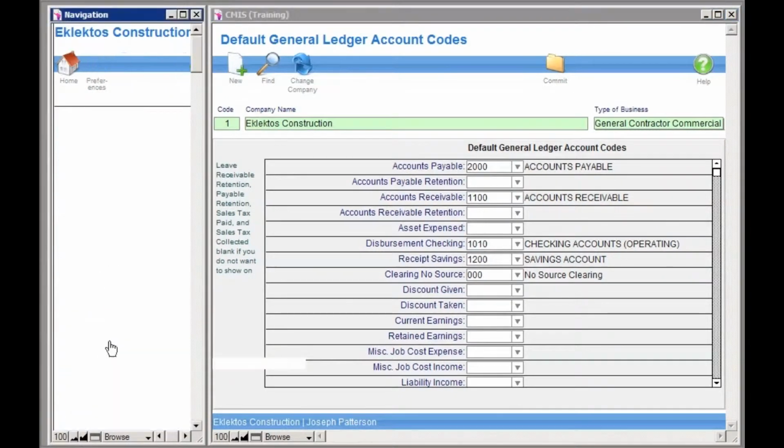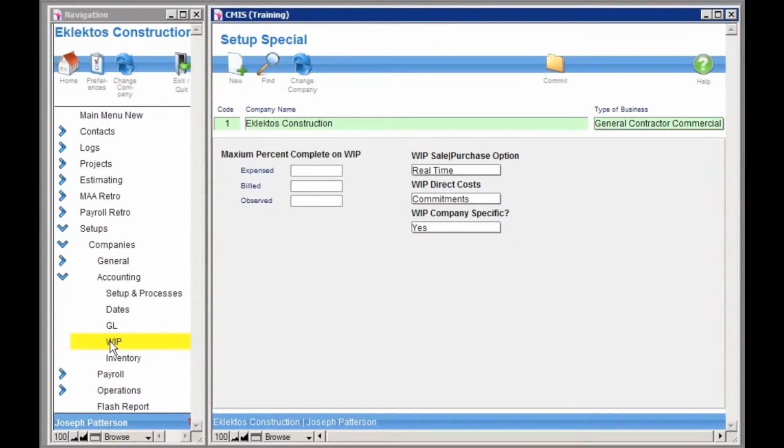Okay. The next thing is our WIP, and if you notice, we had WIP up in the general under projects. We actually had just these three areas here under projects, and we'll go over that one more time real quickly. But we also have maximum percent complete on WIP. So what can happen, depending on how good your systems are, is